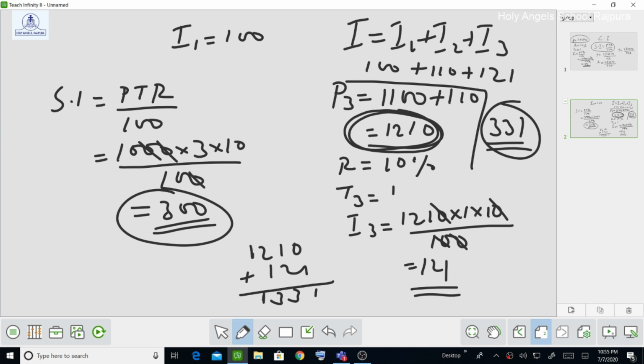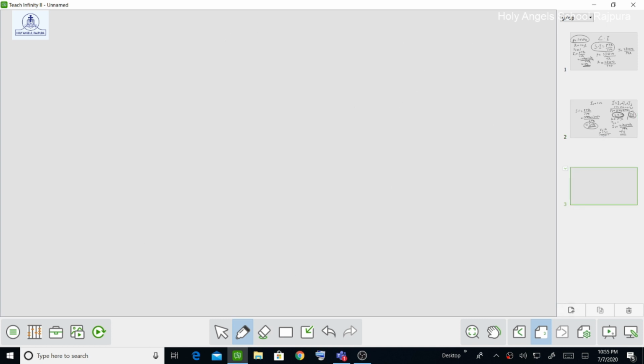Now there are two ways we calculate. There can be more than two ways also, but mainly you have two. One is interest calculated yearly, that means after a year the interest is added. The second one is half yearly, that means every 6 months whatever interest is gained on your principal is added to the original money and you get the amount. That is compound interest calculated half yearly.